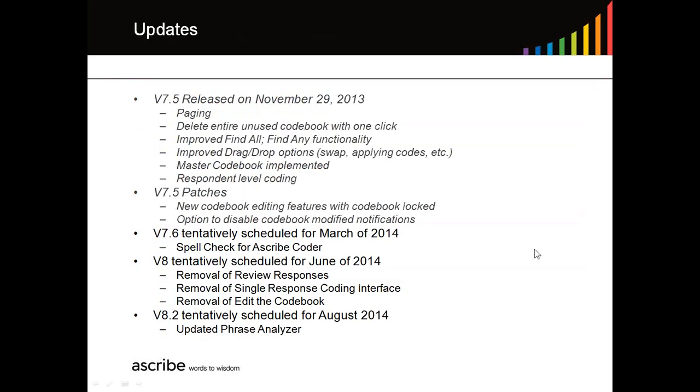Okay, so just a little more about Ascribe Coder. The release was in September. Version 7.5 was released on November 29th, and there were a lot of updates to Ascribe Coder based on your feedback. Okay, we've had a few patches to version 7.5, but